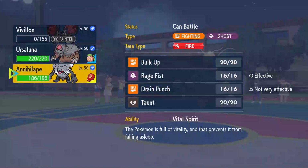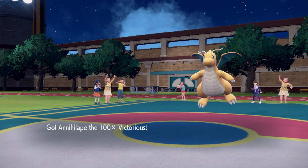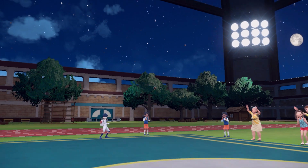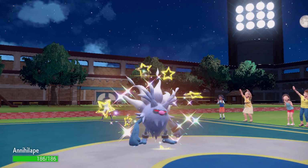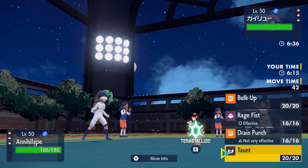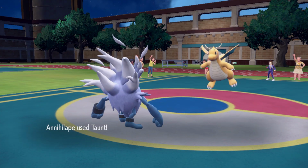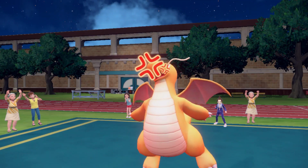Annihilape is good against... Actually, I think Annihilape's a decent switch here. Importantly, the Psychic Terrain is also gone, so if they have their Sneasler, they are not going to be consuming that Psychic Seed. However, I don't think they have Sneasler. I feel like they would have gone into it already. We're just going to taunt them so they cannot Dragon Dance. They also cannot Extreme Speed me, so I guess the worst they could do...